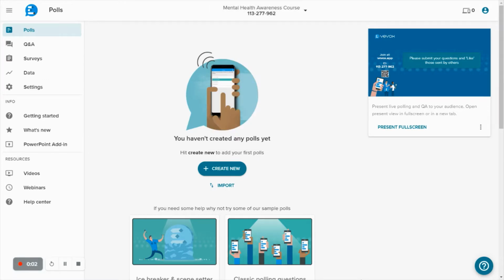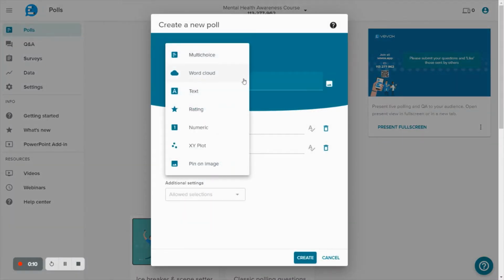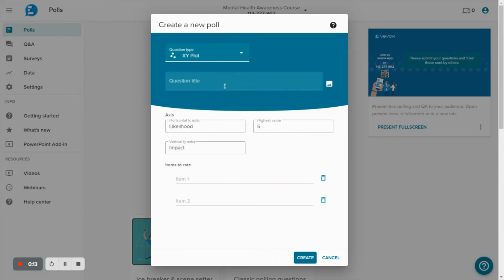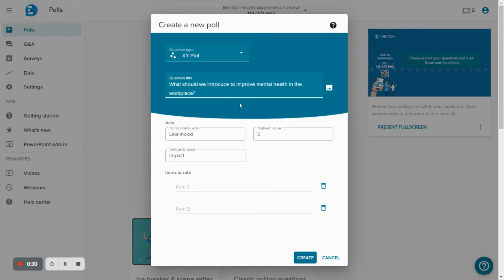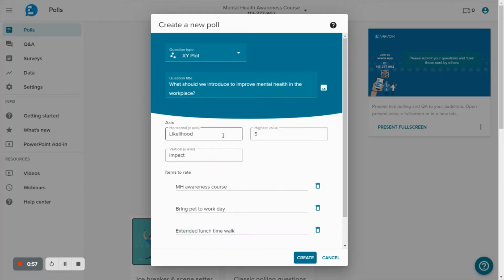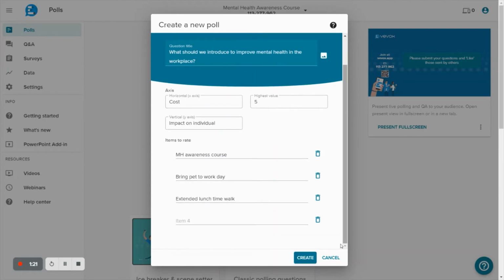So what we need to do is go ahead and program our XY plot polling question. We just need to press Create New, press the drop down arrow here, and then head over to XY plot. Then we just need to put our question title in here, and then we need to put our items to rate in these boxes here. Then we need to change the axes here. And you can also change the highest value here as well, but we're just going to leave that at 5 for the time being. So once you're happy with your question title and the items to rate, then you just need to press Create,